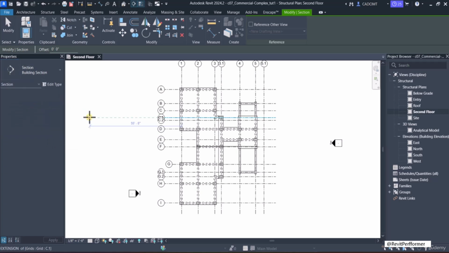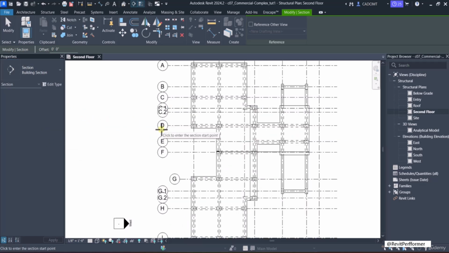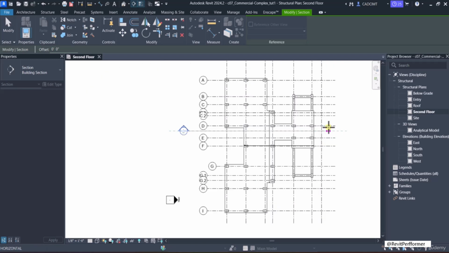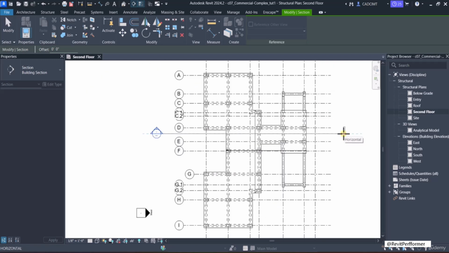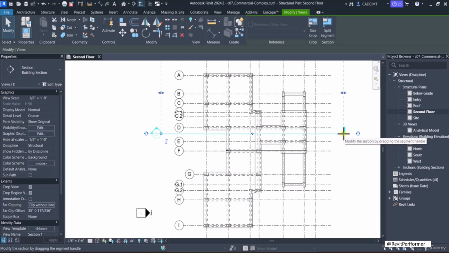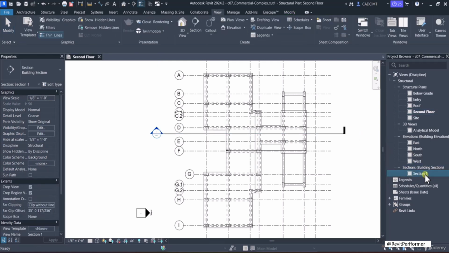Then, move the cursor between the grid bubble of grid D and grid E, and then click to specify the start point of the section line. After that, move the cursor horizontally across the building model till you have crossed the vertical grid 5.1. Click at the desired point to specify the endpoint of the section line. The section view is created and the name Section 1 is displayed in the Sections (Building Section) tab in the